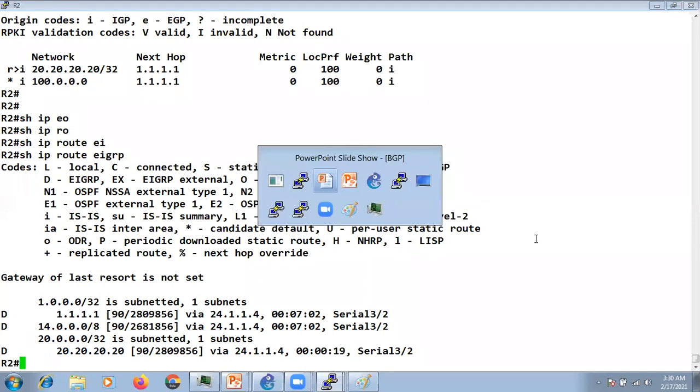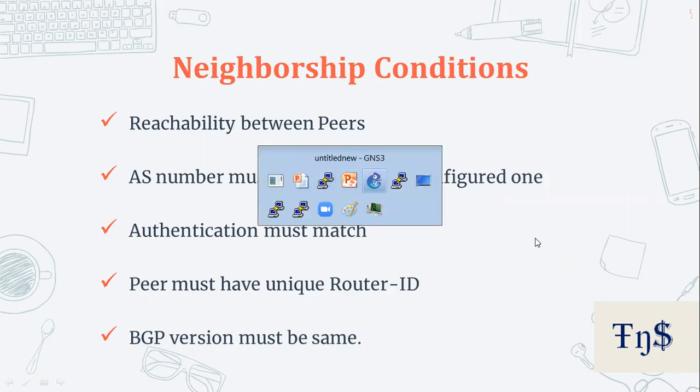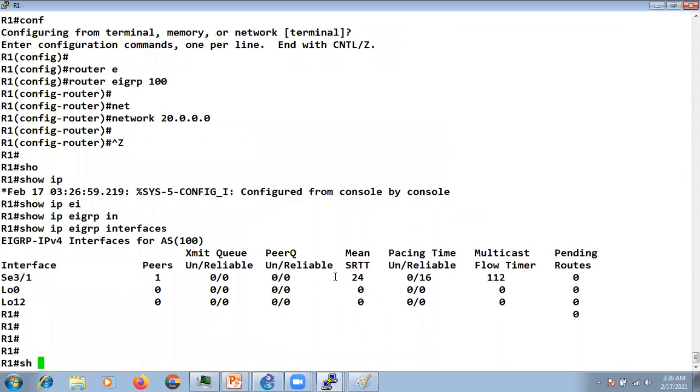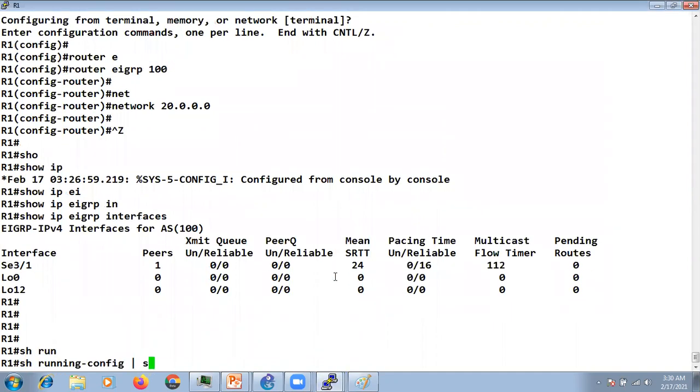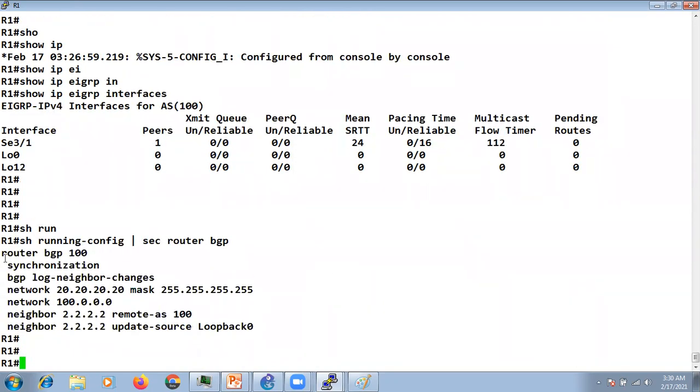Now let's go back to our slide. So these are some conditions. The first one we already discussed. The second one is that the AS number must match the configured one. What it means is, let's say I'm at R1, show run section router bgp.